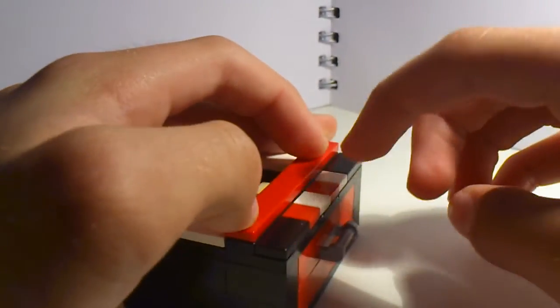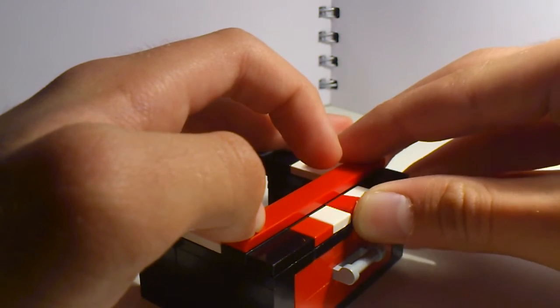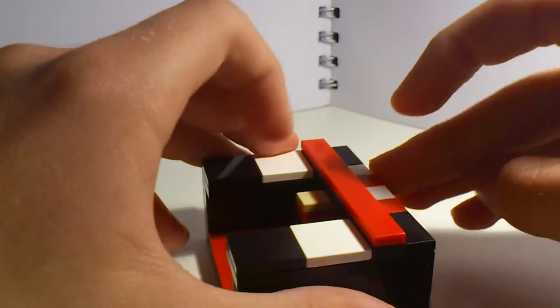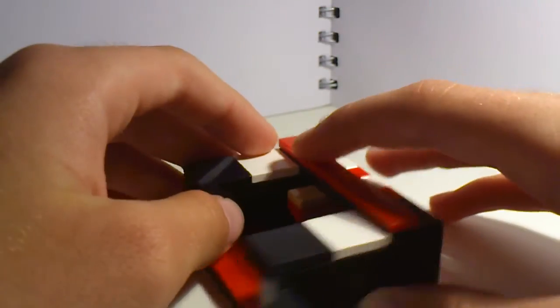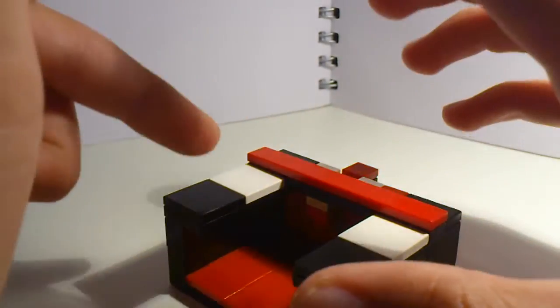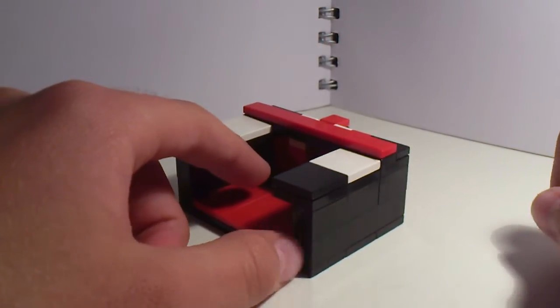Okay, that there, and now it's actually hard to do like that. With some more things over here. However, let's keep going. Okay, we want to put this piece here which is slide, and I'm going to reveal a new technique